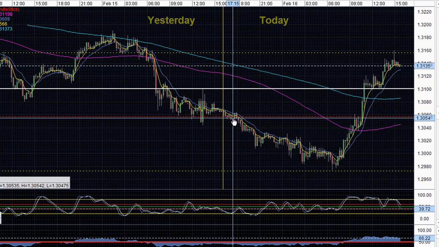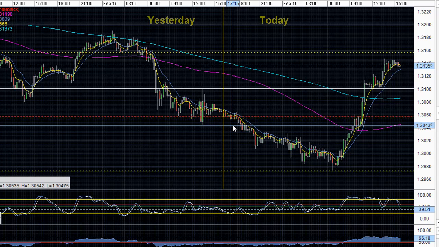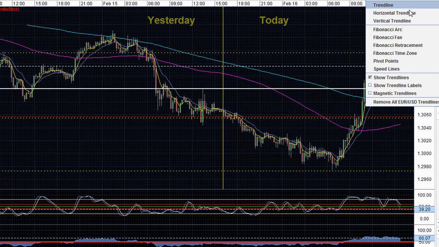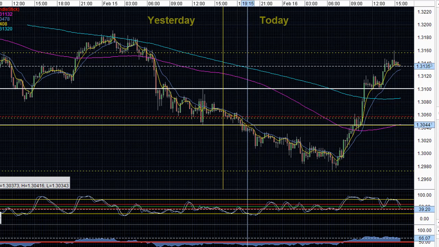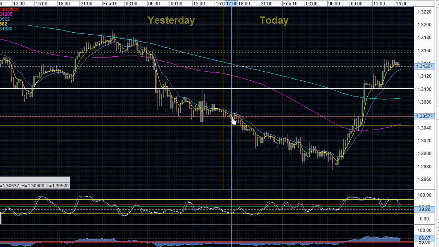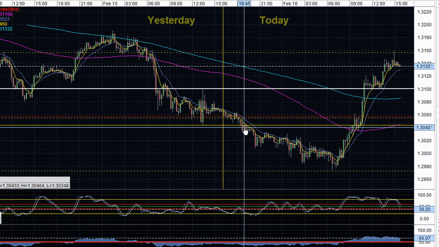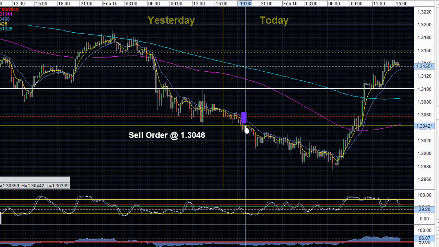Now, if you were in front of your platform during the Asian session, you could have waited for price to break support at 30.46. Let me draw on a line here at 30.46. You could have waited for price to slide and break below this support, and you could have placed a sell order on the pullback to that level as new resistance. So if you would have entered a short, a sell order around 30.46 upon bearish confirmation,